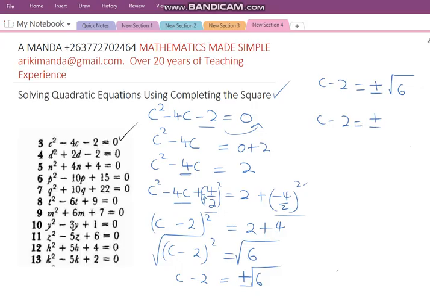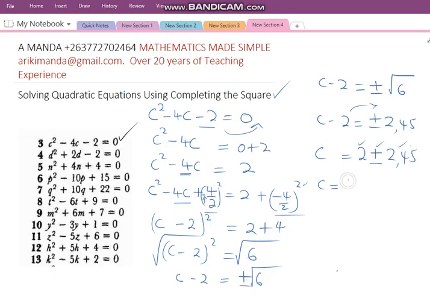That will be plus or minus 2.45. So c is equal to, we put this 2 on this side, it will be a positive 2. So we have 2 plus or minus 2.45. So the answers for c: the first one will be 2 plus 2.45, which will give us